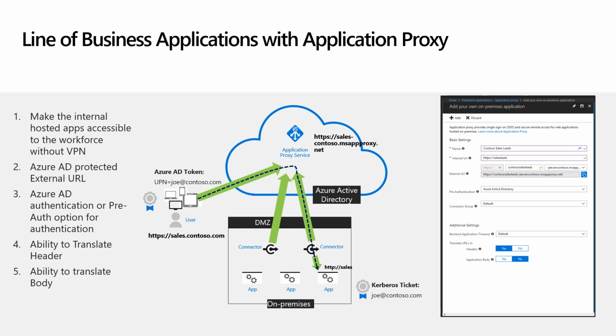The advantage for you as a customer is you can apply different conditional access policies and look at the sign-in logs and audit logs for those applications so that you can easily secure your on-premise applications with Azure Active Directory. We do have certain features in application proxy, like you can translate the URLs in headers and translate header URLs into the body, but those are features required for header-based applications.